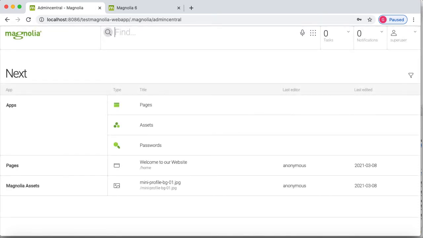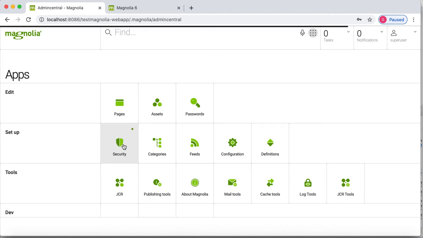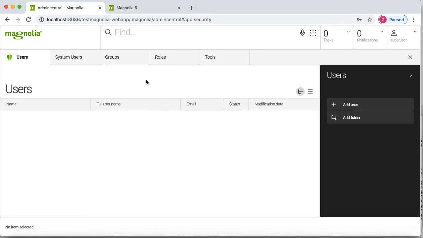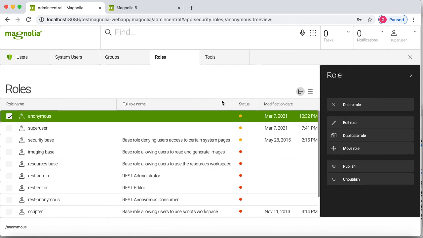So at the security side, we have to change the access credential, you can say ACL. I have to go to security, and here we have roles, this user, and then I have to go to edit role.